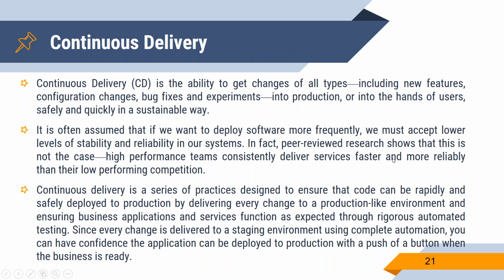And coming to continuous delivery, it is the ability to get changes of all types. Sometimes the user will give some requirements for this sprint. In the next sprint, there are slight or major modifications to those requirements. We have to accept the changes and then do them. Whereas in our traditional software development life cycles, it is difficult to accept changes during the development process. Either we have to do the complete development, and only during maintenance will we accept the new changes. But in agile we have to be ready to accept the changes, implement them, and deliver the product to the client as soon as possible.